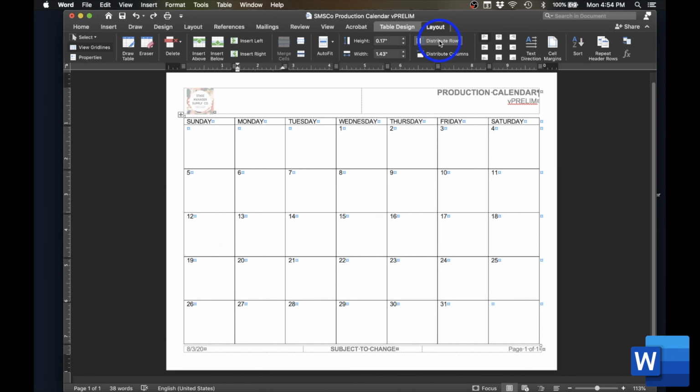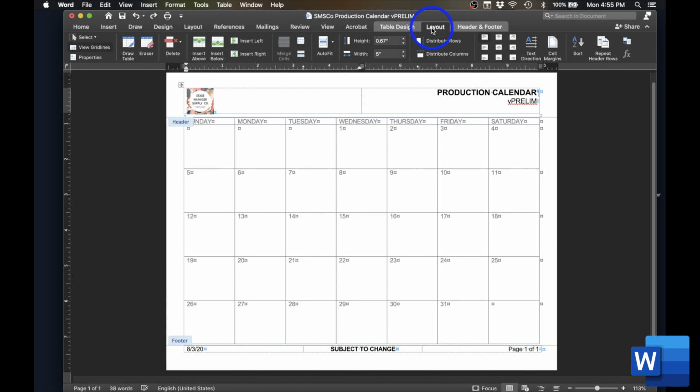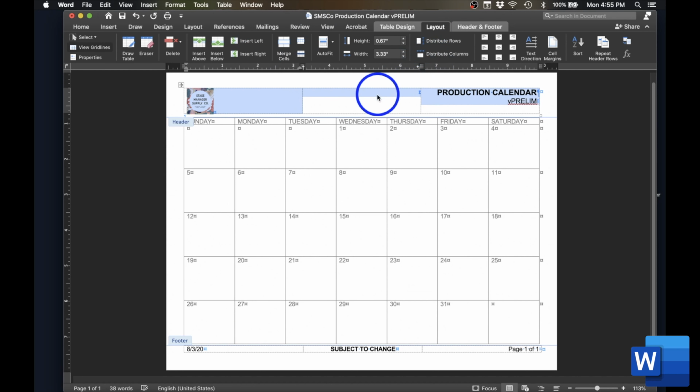To put the name of the month into the header of your document, you can add a column to your header table. I can accomplish this by clicking into the header, clicking into the leftmost cell of the header table where my logo is located, selecting the Table Layout tab from the toolbar, selecting the green Insert Right button. Now I can click into my center cell, type in the name of the month and the year, and then